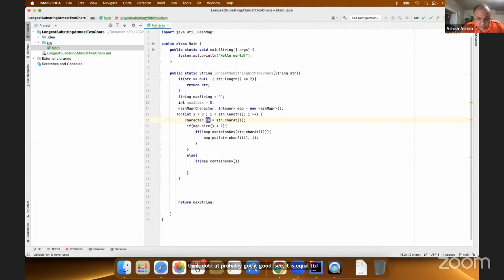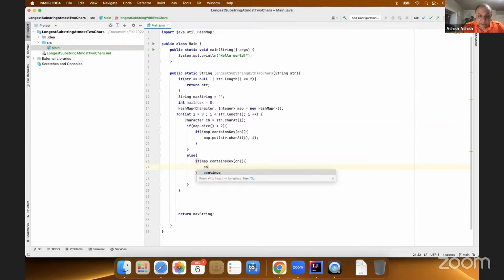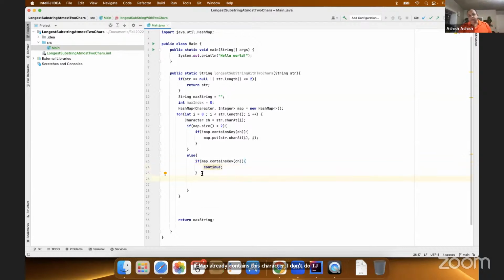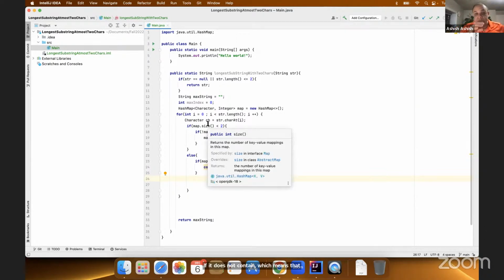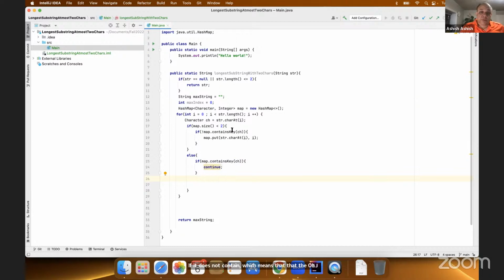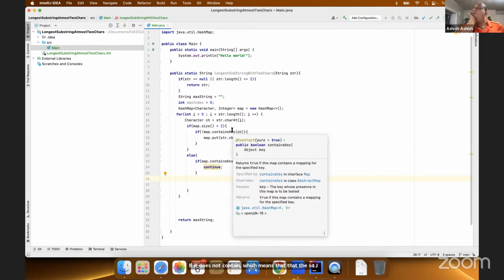Let's say ch. If map already contains this character, I don't do anything, I just continue. If it does not contain it, which means that